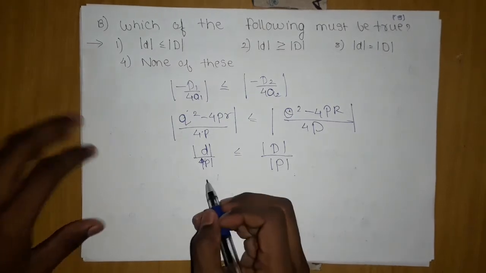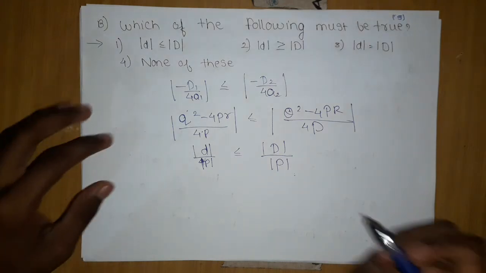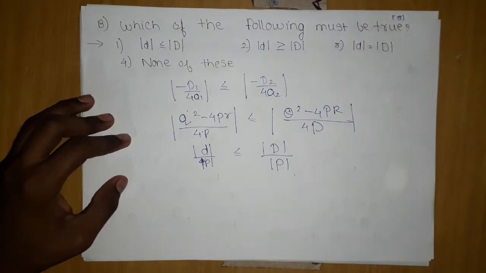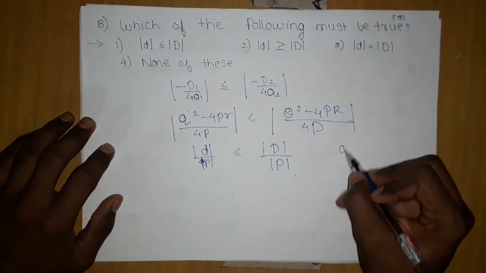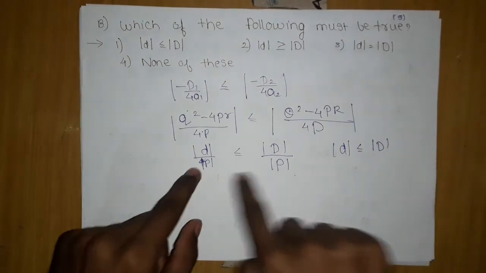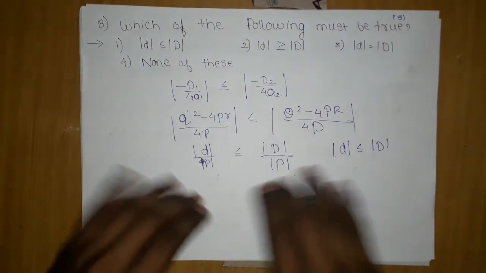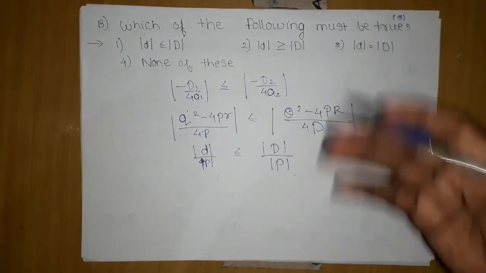Let me do one thing. If you remember from the previous problem, we came to know the conclusion that mod small p is less than or equal to mod capital P, and they can be equal, so we can eliminate them. So what relation are we getting? Although you can also take it that they are less than or equal to, we cannot consider them, even though they exist, so we can eliminate them.